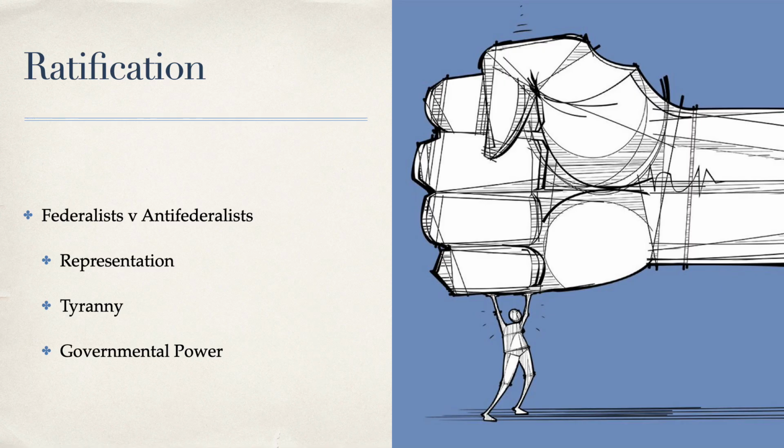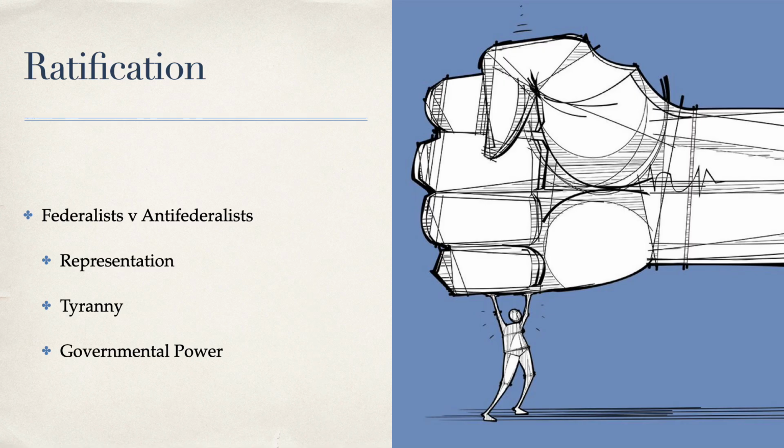The Federalists were united in their support of the Constitution. However, the Anti-Federalists were not united. They all objected to the Constitution, but for different reasons. Most of them were fearful of a strong system of government that would lead to something like a monarchy, which they just got out of.